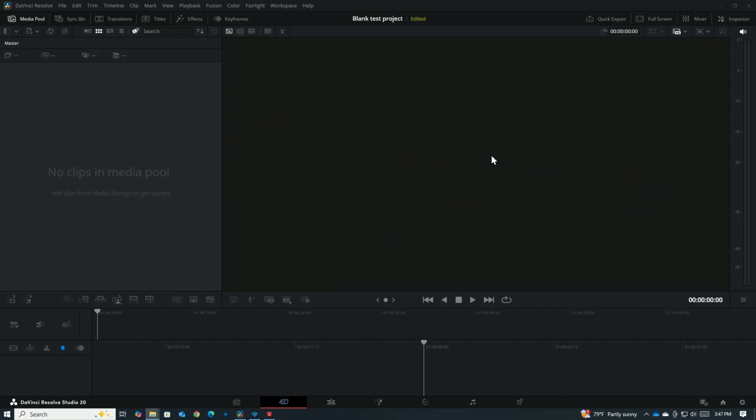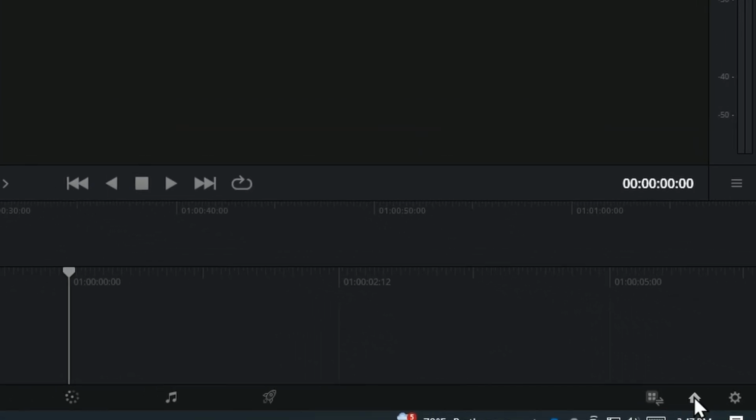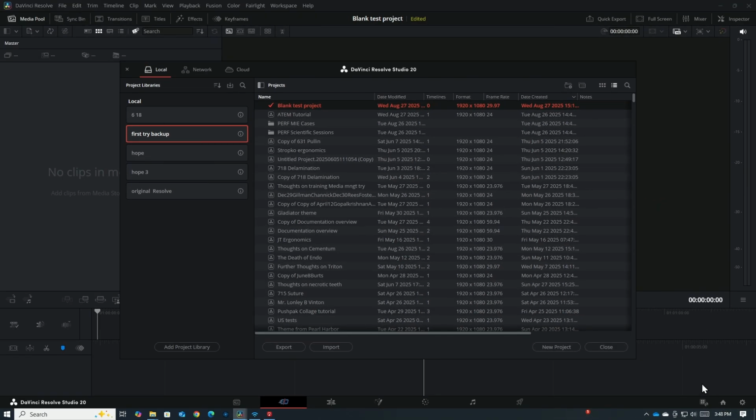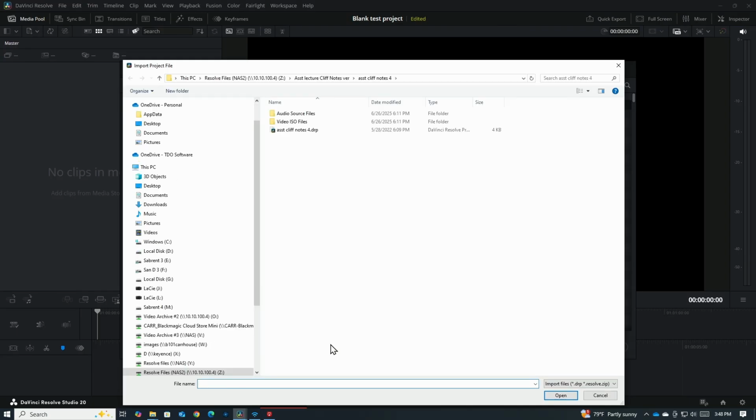So the way to actually load the project that you've just done is you go down to the project manager. That's this house here, you load the project manager, and that comes up with all of your projects. You won't have any, but all of my Resolve projects are in here, and to load your project, all you have to do is come down to the import. You import that new project, and you go to where the project is. Now, I'm going to go to the SSD,